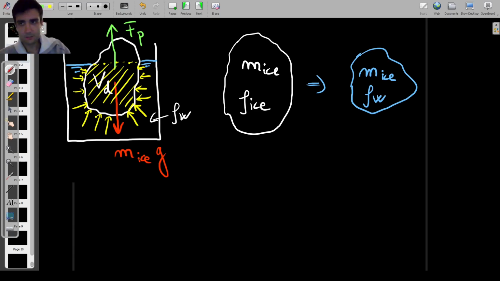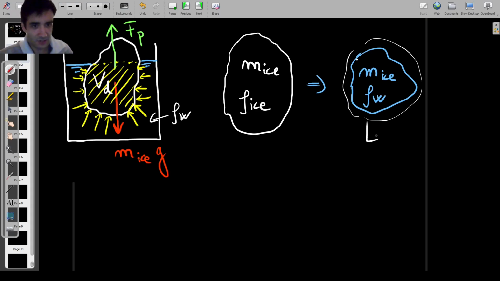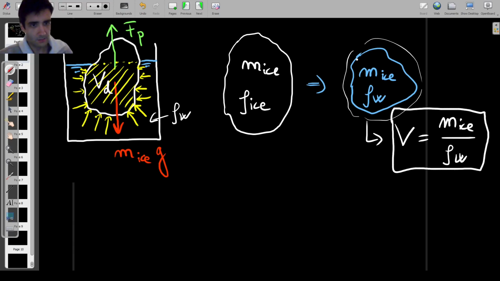So in the end, after all the ice has melted, the volume of displaced water is equal to the volume of the melted ice, which is the initial mass of the ice, which doesn't change, divided by the density of the water. So this is by how much the water level will rise in the glass in terms of volume. So this is equation 2, and equation 1,